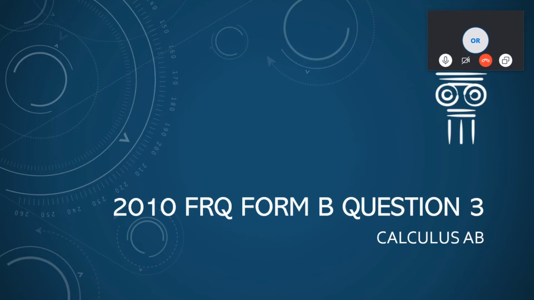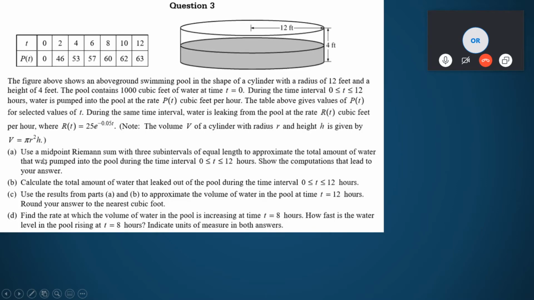Alright, welcome back. So, we're continuing with a bunch of free response questions, this time dealing with related rates. So we're going to derive and integrate rates of change. I've got a swimming pool in the shape of a cylinder with a radius of 12 and a height of